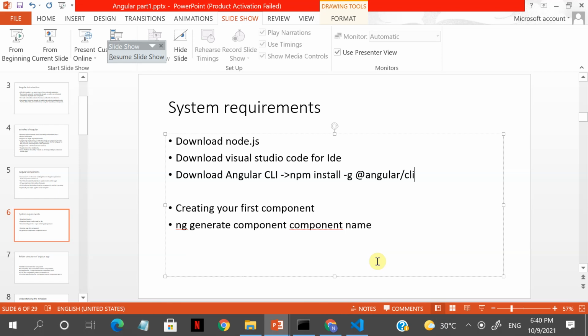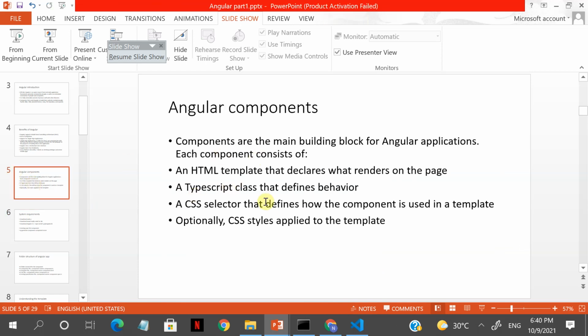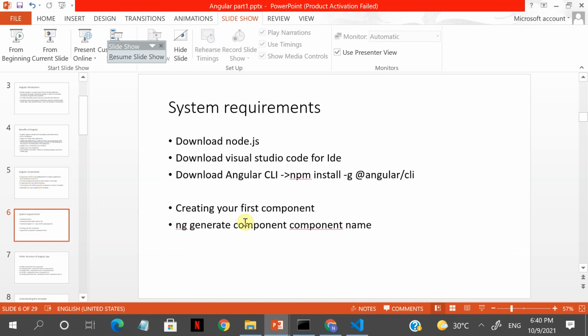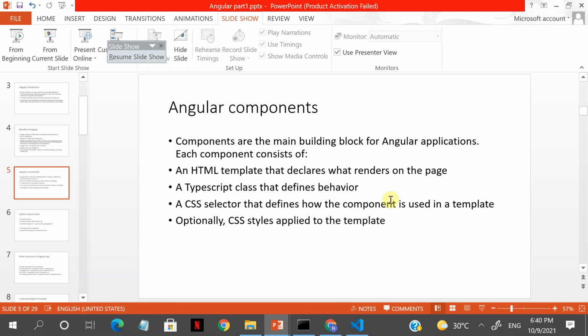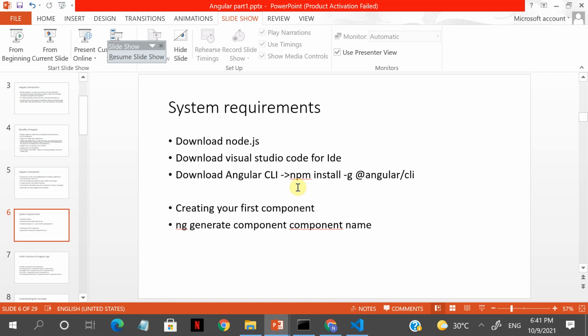That is where we will see what happens when we build. Earlier, when you used to do Angular, you had to build those, as I told you, like this HTML template, TypeScript. You'd have to actually type the class and then create an HTML. But here, you will use Angular CLI to create one component. It will create these files for you, the skeletal files, correct? The bare bones HTML, the TypeScript, the CSS selector that you want to give the name to your component, that will be like your div, and then the CSS. So later on you can just write inside this. That is why you need to have these 3 installed.